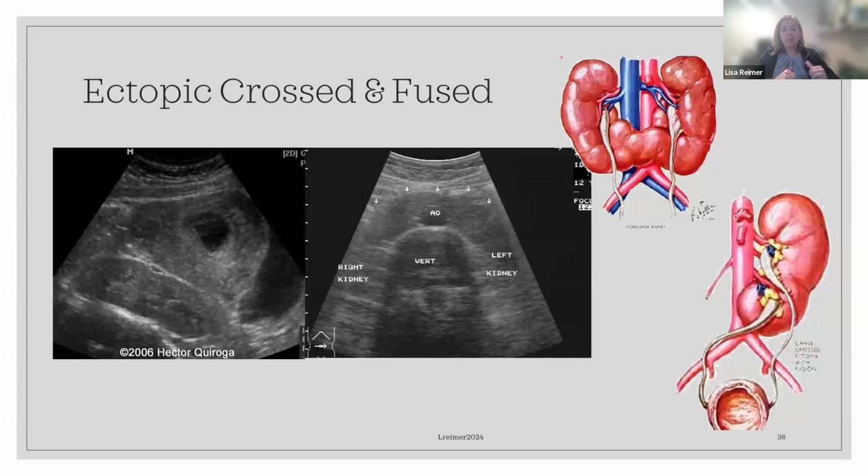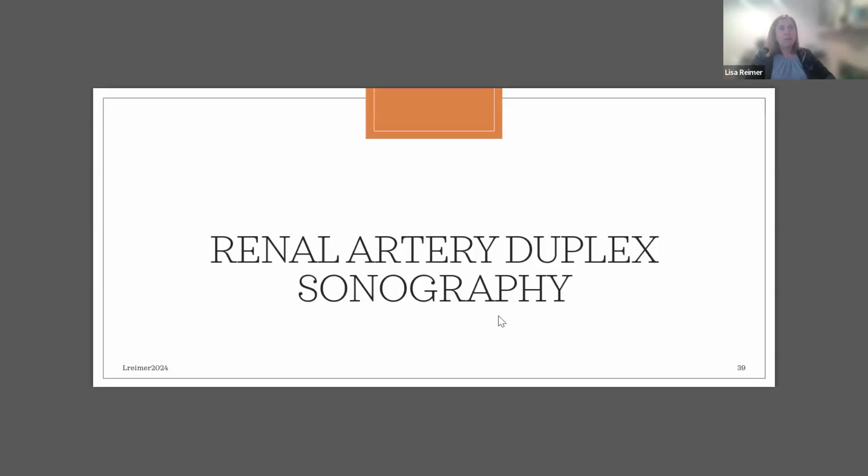Make sure you're looking at those inferior poles, that if you're following the kidney, it might lead you right over the center, over the great vessels. So you can see the kidney tissue is draping over the aorta in that image. The image on the left is a pelvic kidney. So that's the most common ectopic location where the kidney just did not get the memo and did not make its way up to the sides of the spine. It stayed down in the pelvis. Okay, so that's a general overview of renal